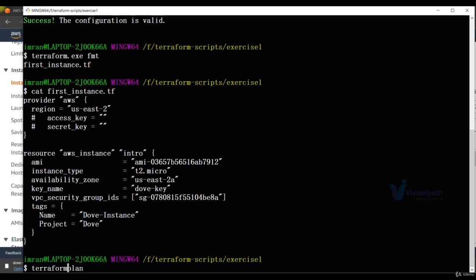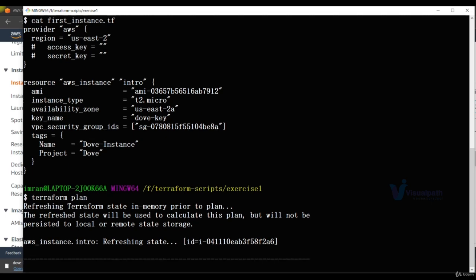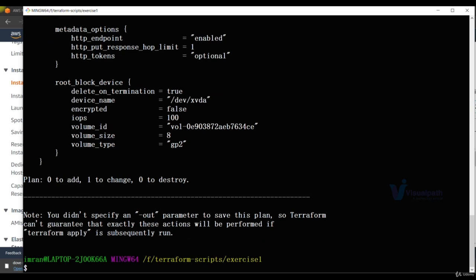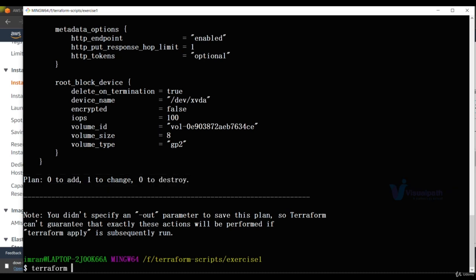I always recommend you run plan before you apply anything. There are a lot of benefits with Terraform, but one very huge drawback, or I don't want to say drawback, but if you're not careful and you make some changes, it can also delete your resource and recreate it. It could be very dangerous. Think about an RDS instance. You made some changes and it's going to delete the RDS instance and recreate it to apply the changes. You lose all your data, right? So always do terraform plan and see what it is going to do. It's going to do one change, no addition, zero destroy. So we are safe. Let's do terraform apply,